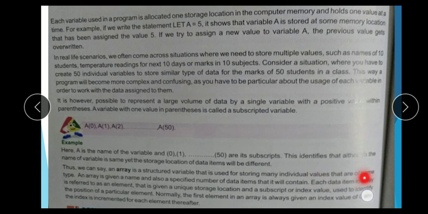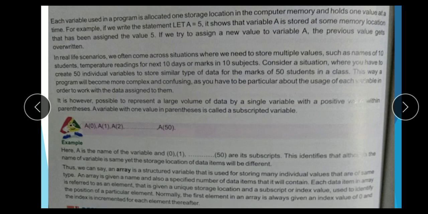Each data item in an array is referred to as an element. Normally the first element in an array is always given an index value of 0 and the index is incremented for each element thereafter.